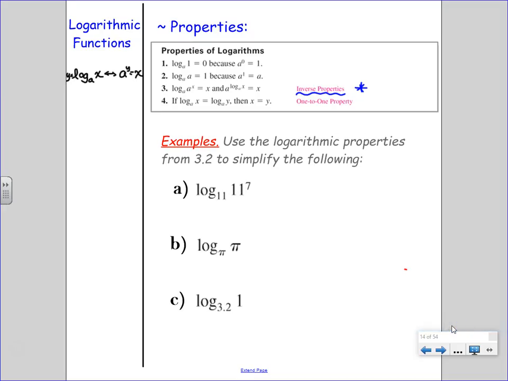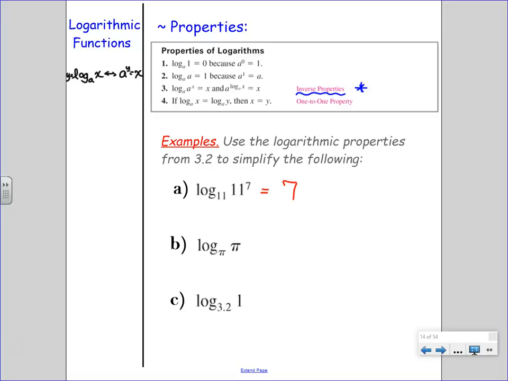So when we get down here to these examples, and you see something like log base 11 of 11 to the 7. That doesn't match. But it kind of does, because it's not number 2 really, it's number 3. Log base, oh yeah, they match, 11 and 11, so it's just going to equal 7, just from the inverse property. The log base 11 undoes the 11 to the power of, and all you have is the power, which is 7.